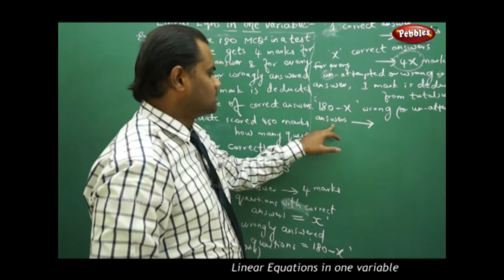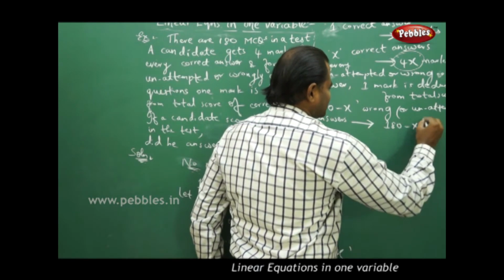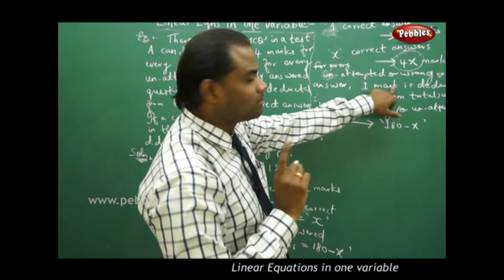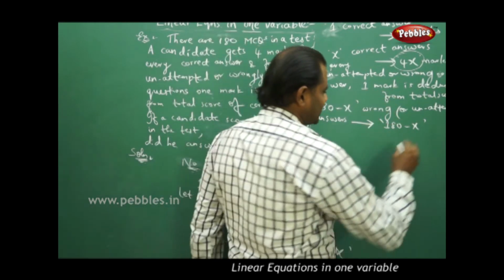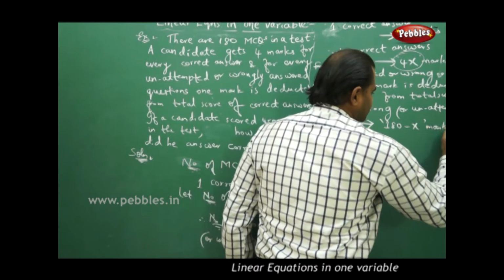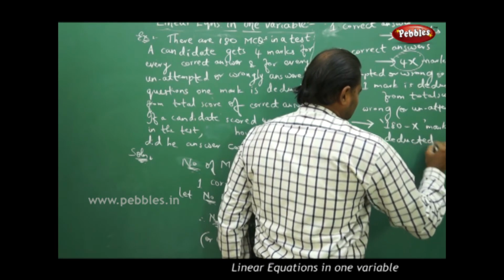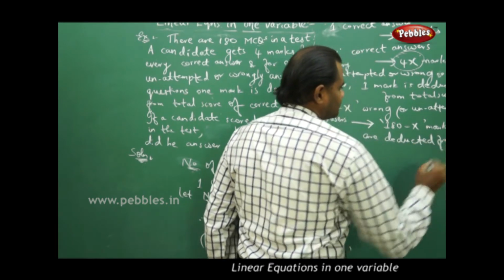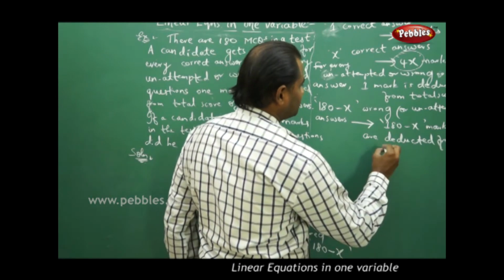So I totally get 180 minus x, because for every wrong answer 1 mark is deducted. So for 180 minus x wrong answers, 180 minus x marks are deducted